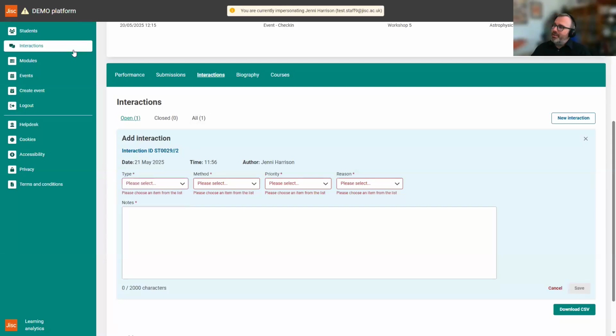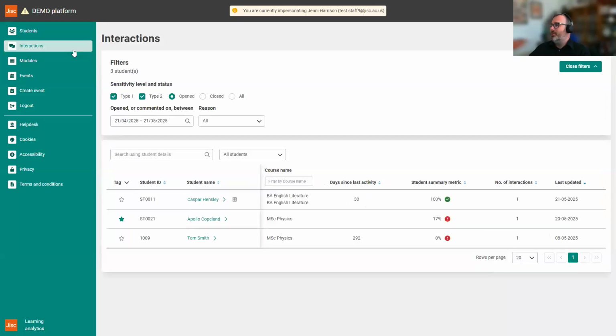And then the last piece of this is being able to see interactions across all of the students who you've got access to. And again, we've got the visa filter there and controls to be able to sort what you're interested in. Very, very briefly, because I know we are very tight for time, I'll give you a quick glimpse of another view that we have, which is